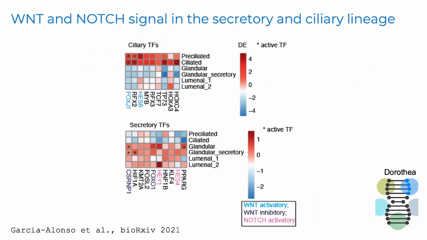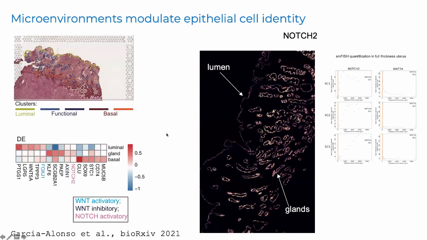It really highlights how important it is for these epithelial cells to properly differentiate. And that's where we started to look for the differentiation pathways by measuring the transcription factors and also their activities, just by looking at the genes that are known to be regulated by these transcription factors. And then what we see is that in the epithelial cells that will differentiate towards the ciliated lineage, the Wnt pathway becomes active, while in the ones that differentiate to the secretory lineage, there is an inhibition of Wnt and then an activation of Notch.